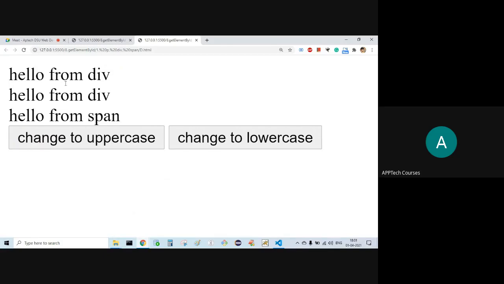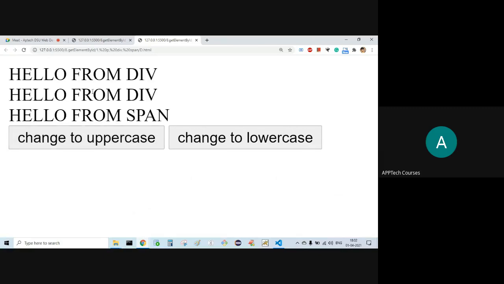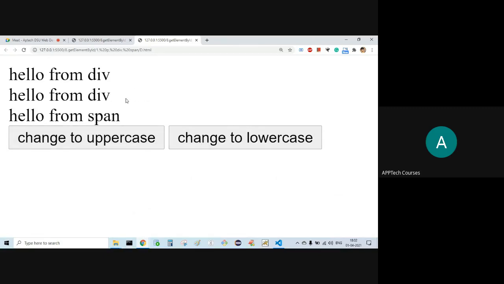Initially all are in lowercase only. If I click on change to uppercase, uppercase. If I click on change to lowercase, lowercase.